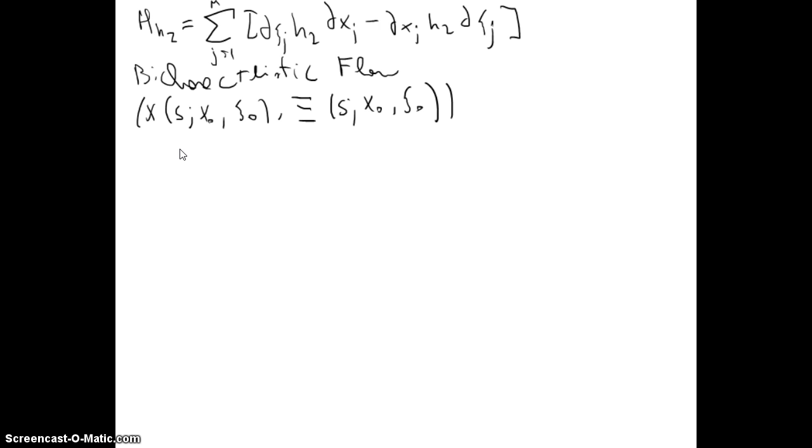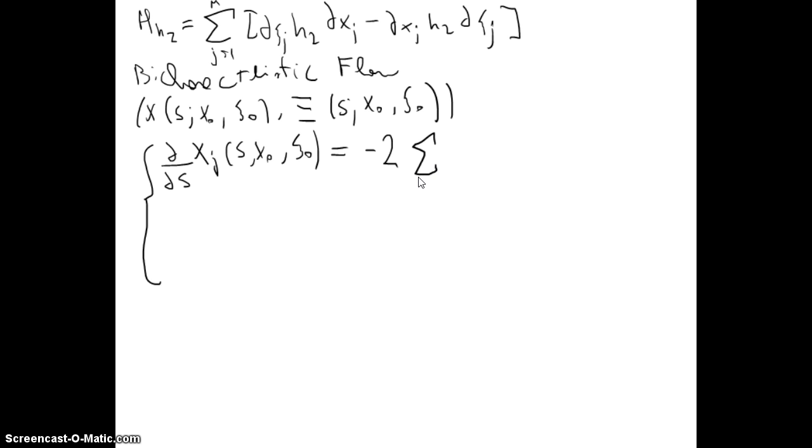Okay, so let's write the bicharacteristic flow of this Hamiltonian vector field. What is going to be the flow? It is going to be first, d/ds of Xj(s, x naught, xi naught) equal to minus 2 times the sum, k equal to 1 to n,